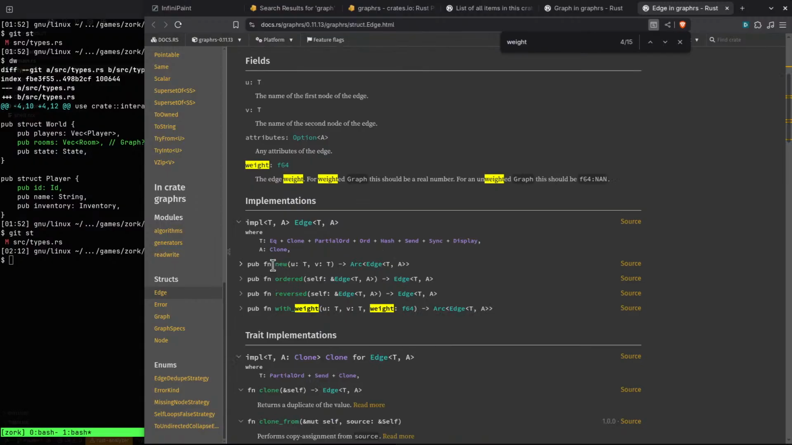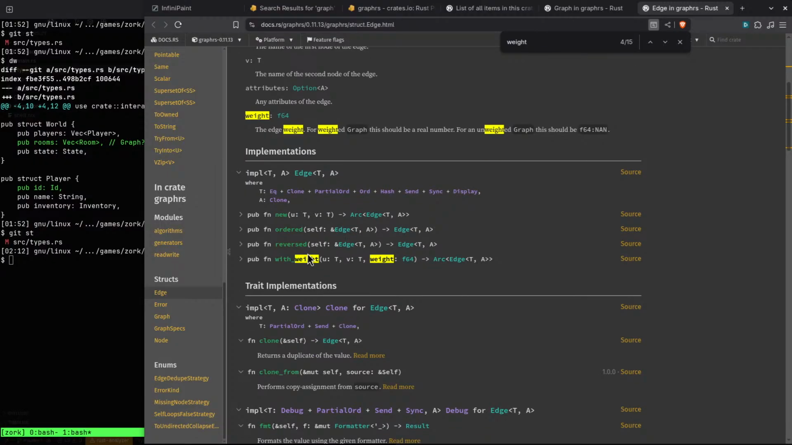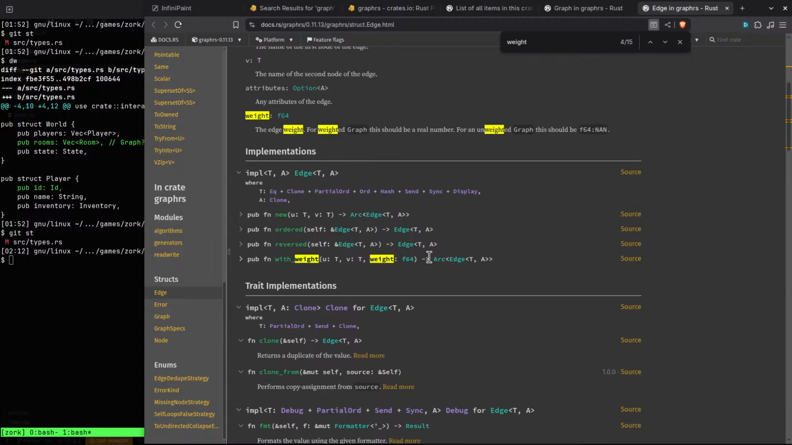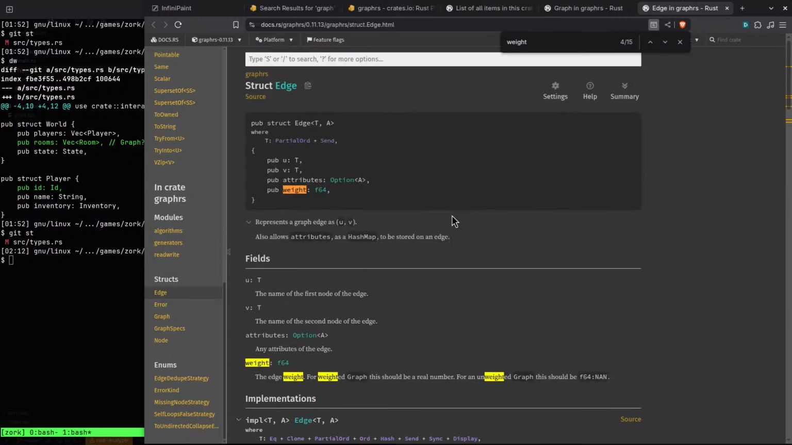Man, I wish it was like new with attributes. You know, we have with weight. I don't care about that. But why has it got arc? This is so weird. Why in the world does it have an arc? What? Oh, maybe with a weighted graph they want to do concurrency? I don't need to know. I don't need to know. But the point is, we can use this graph RS